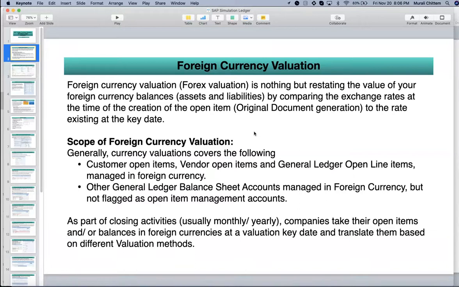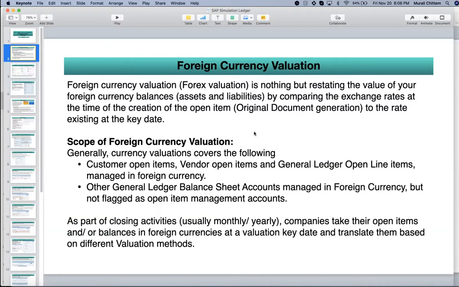People call this forex valuation in most companies because forex is short for foreign currency. Basically, all companies need to report their financial statements.